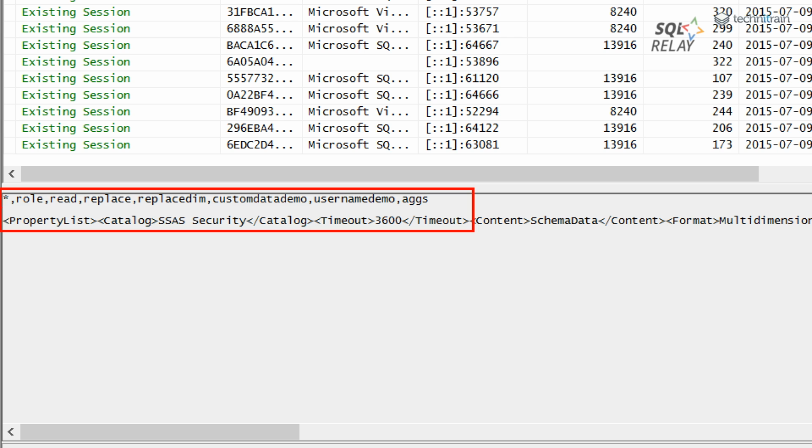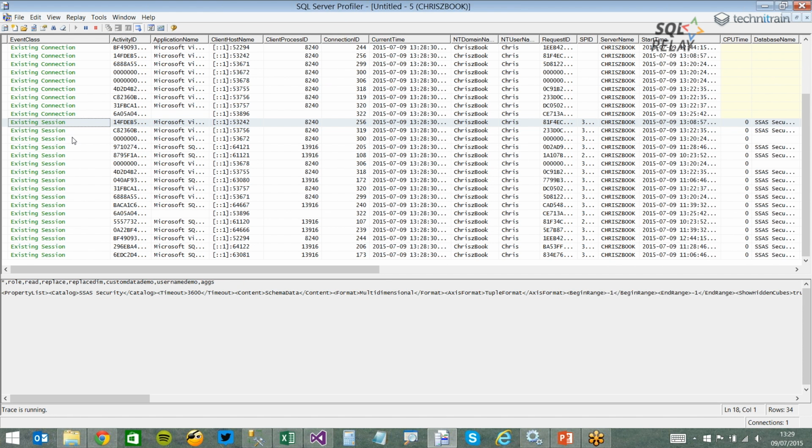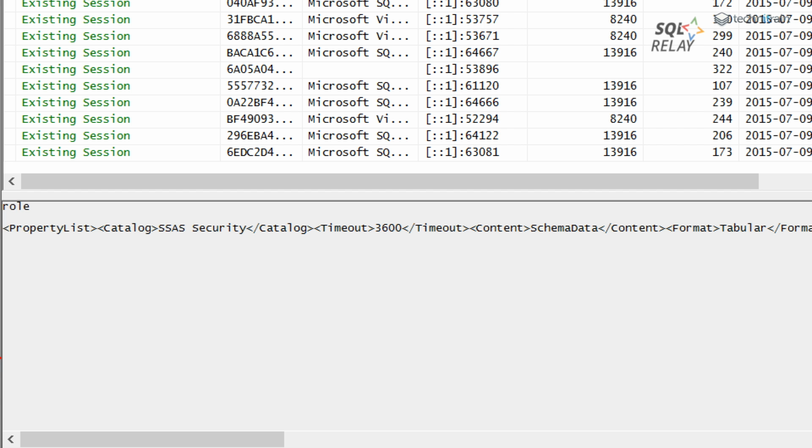Now here I've got an asterisk, and that basically says I'm an administrator, I can see everything. And I see all of the other roles afterwards. But I can see here that there is a connection, and that is just the connection using the role